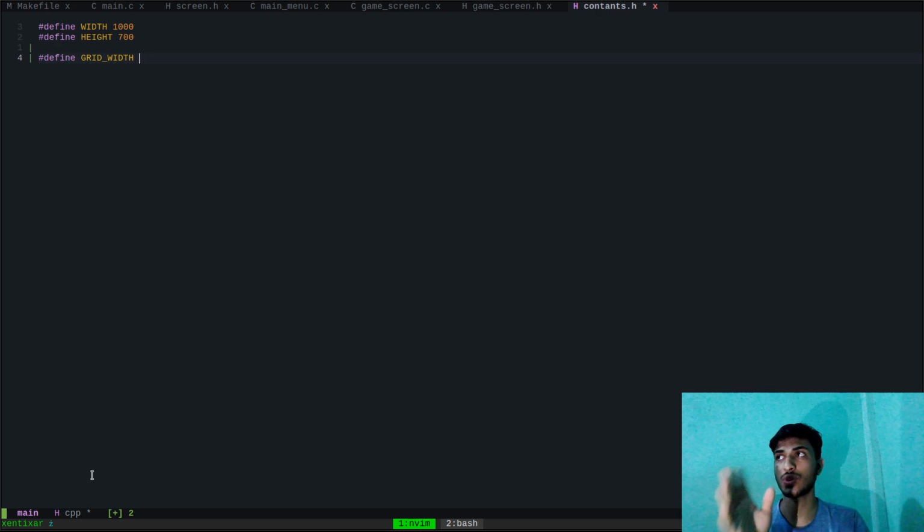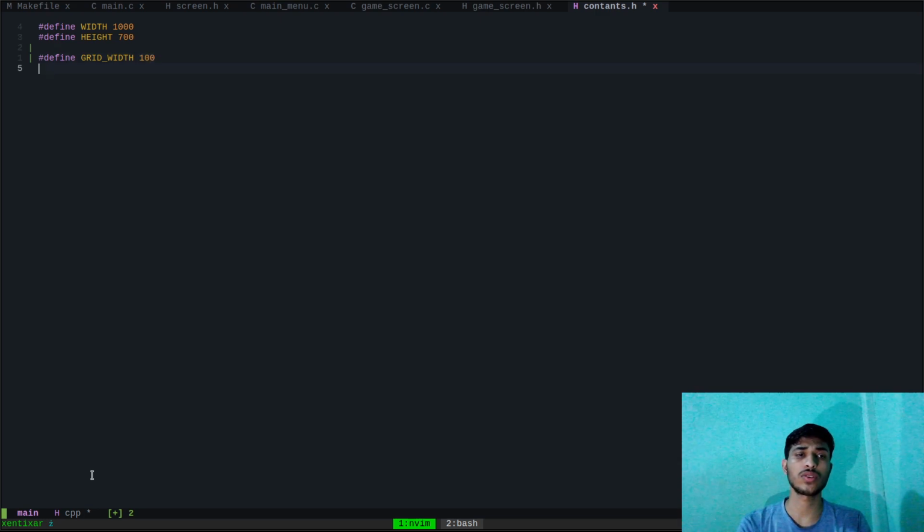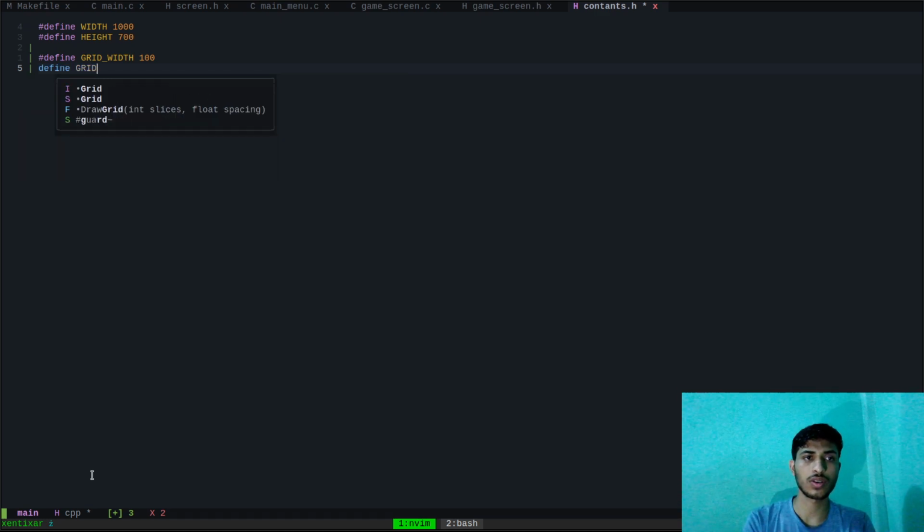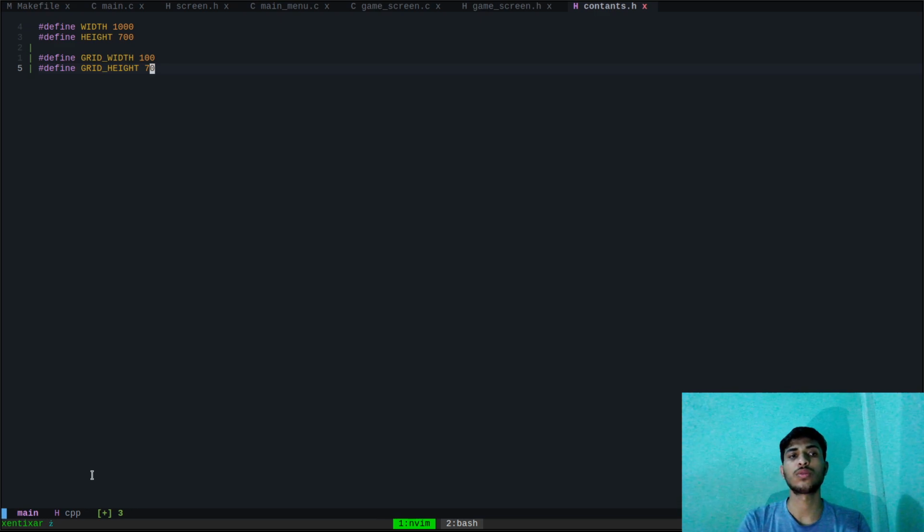If we are at the top, 100, so we can use 100, and define grid height maybe 70. So the fifth means 200 width will be already provided to the